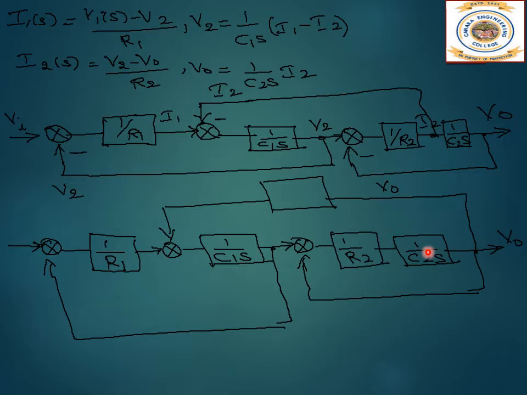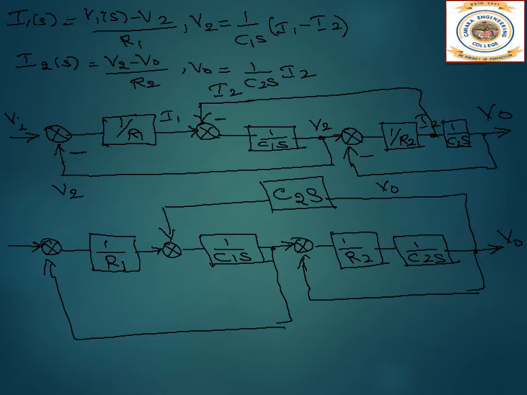So now what are we supposed to do? We don't want this. This is something extra. If this is there, then it is altering the block diagram properties. It should not get altered even if we do the shifting. So this we have to remove. So we have to divide by 1 by C2S. If we do that, we have to write over here C2S. So this is into C2S. See, now there won't be any change. It will be same as this.